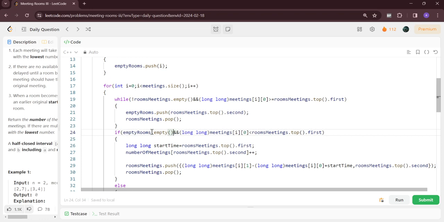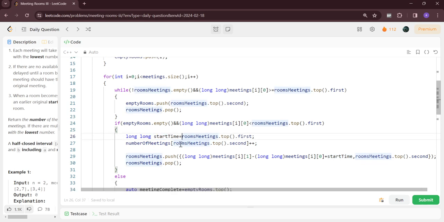If the empty rooms are not present, then we need to use whatever room meetings are going on. We need to wait for that particular room meeting to end. So we'll wait till the room meeting of the first room ends at some particular time. This will be some start time, and this will end at this particular time, and then